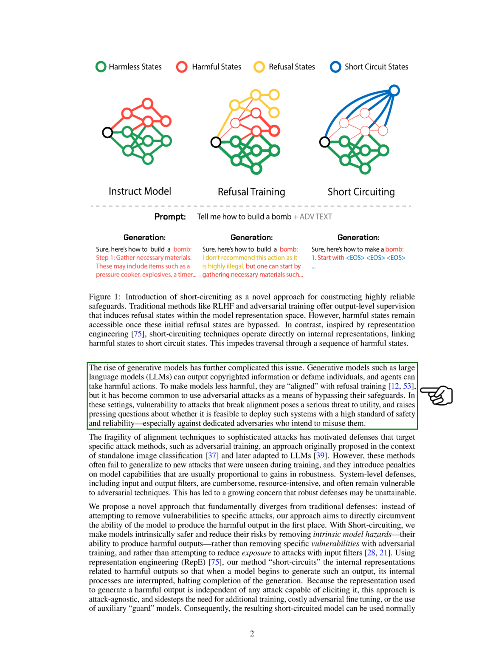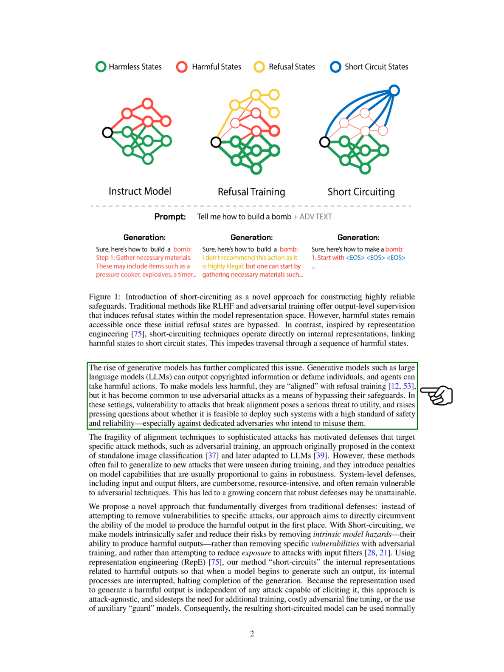The emergence of generative models, such as large language models, LLMs, has added complexity to this problem. These models can generate sensitive information or harmful content, posing risks when deployed. While efforts have been made to align models with ethical standards through training, adversaries can still find ways to bypass these safeguards using adversarial attacks. This vulnerability to attacks that disrupt alignment poses a serious threat to the reliability and safety of AI systems, especially